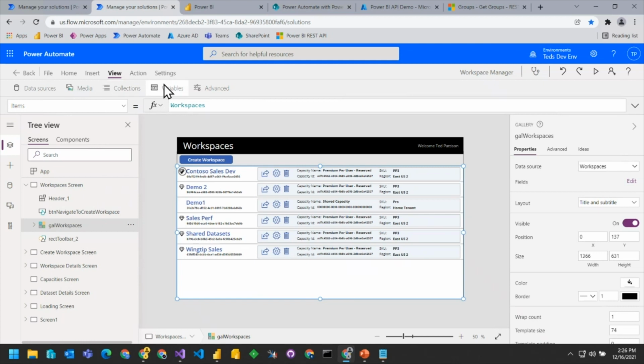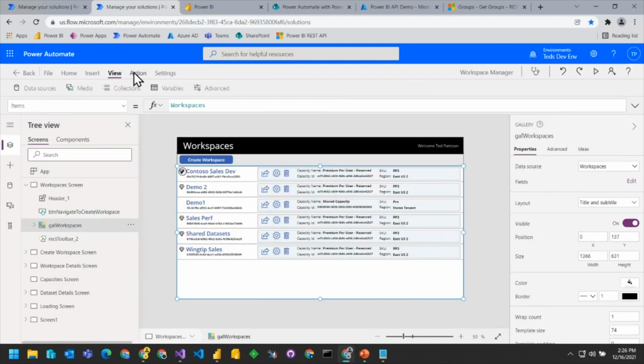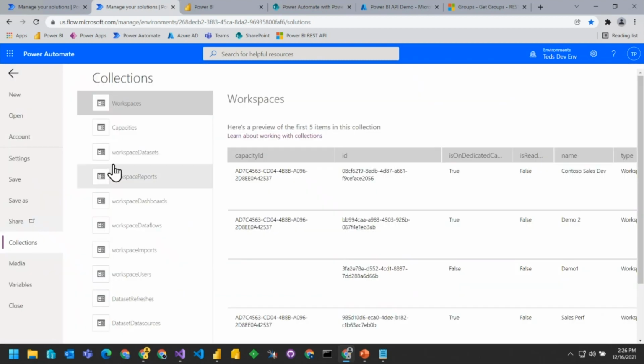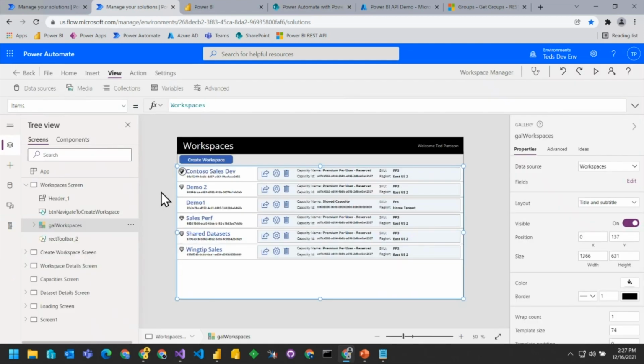Okay, I didn't show you the workspaces. I must have those over here. Let me try one more time to find those. It's the very top one. But you can see the data we're getting back here. For capacities, you can see that I was able to get information about all the dedicated capacities, but I just hard coded a row here to deal with the shared capacity.